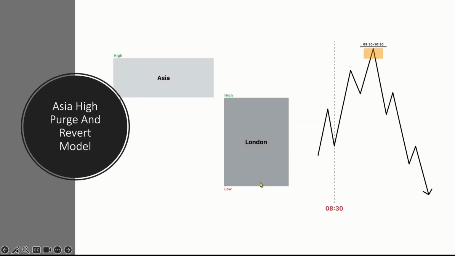The next model that we will be looking at is the Asia high purge and revert model. This model occurs when Asia was a consolidation, London was an expansion away from that original consolidation, and we see that around 8:30 a run higher begins towards that Asia high. This run higher is the buy side of the curve within a market maker sell model. We want to see the market trade above that Asia high during 9:30 to 10:30,